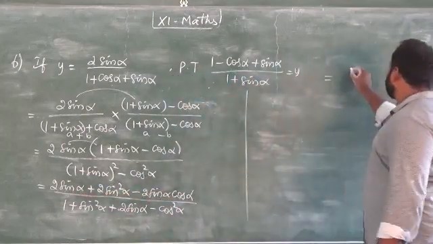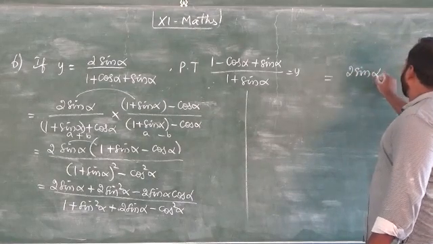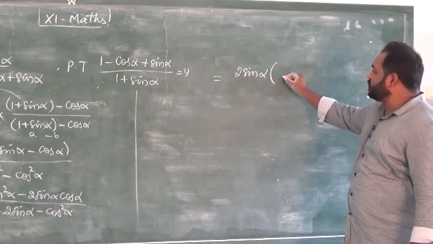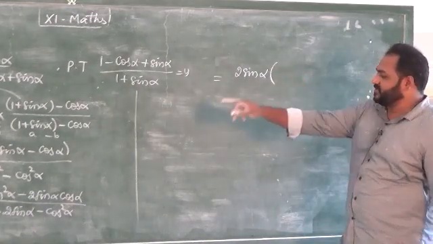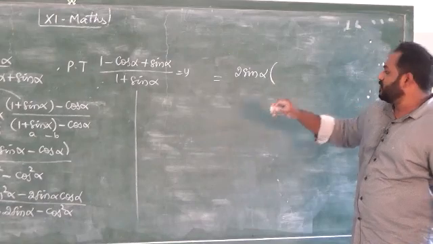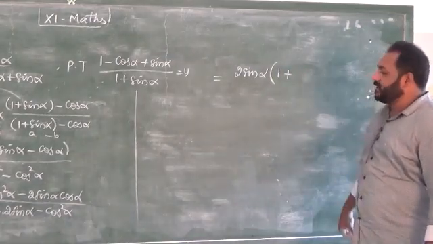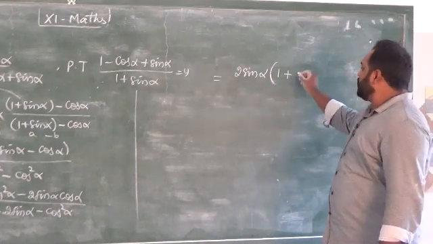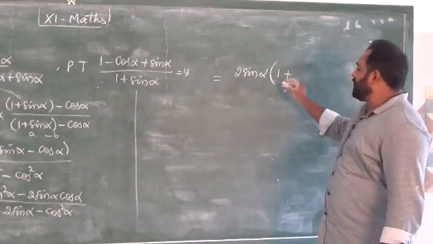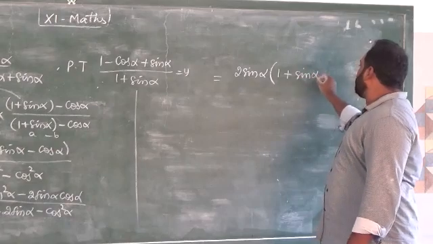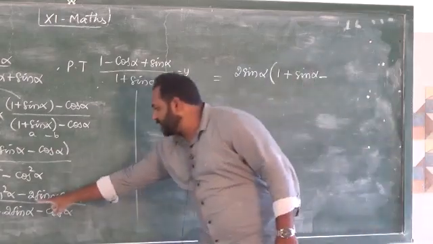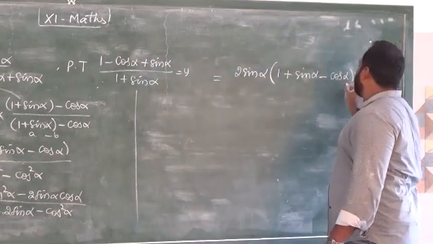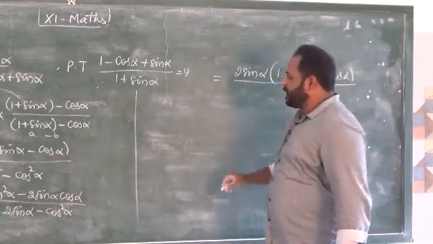So I'm just taking 2 sin alpha commonly outside. The first term is only 2 sin alpha, so 1 will be remaining. Then the second term, 2 sin square alpha: 2 sin alpha came out, remaining only sin alpha. Next, 2 sin alpha came out, remaining minus cos alpha, whole divided by here